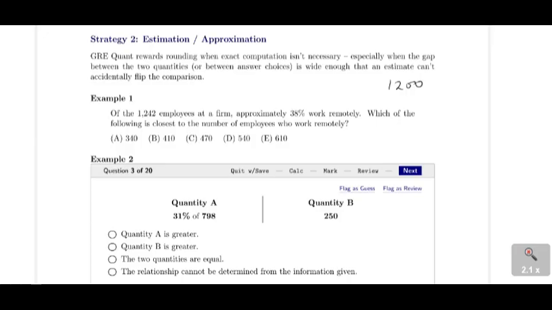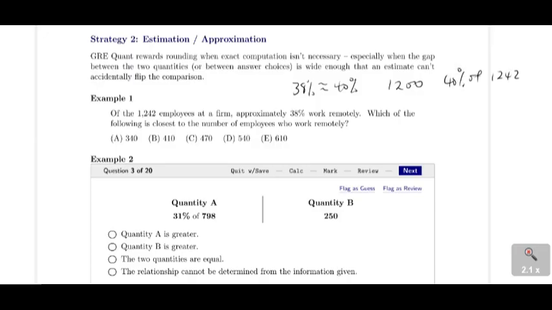Ideally, if you are going to do a direct computation or an exact one, then you are going to find 38% of 1,242. And that is a bit tedious or a bit lengthy to do, especially when the numbers are not values that you are familiar with. I always want to round to get some easier numbers to work with. So instead of using 38%, I'm going to round it up to the nearest tens, and that will be 40%. So instead of using 38% to do the calculation, I'm going to use 40% because that will make my calculation easier. So I need to find 40% of